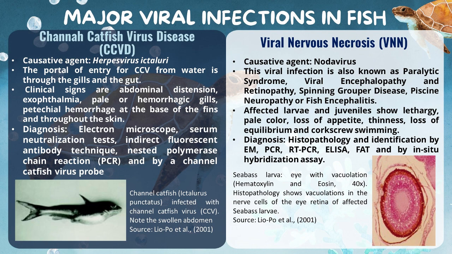Affected larvae and juveniles show lethargy, pale color, lost appetite, thinness, loss of equilibrium, and corkscrew swimming. Some fish sink to the bottom, then float to the surface again. This disease is more severe in larvae less than 20 days old. Deceased fish had pale livers, empty digestive tracts, the intestine is filled with greenish to brownish fluid, and the spleens